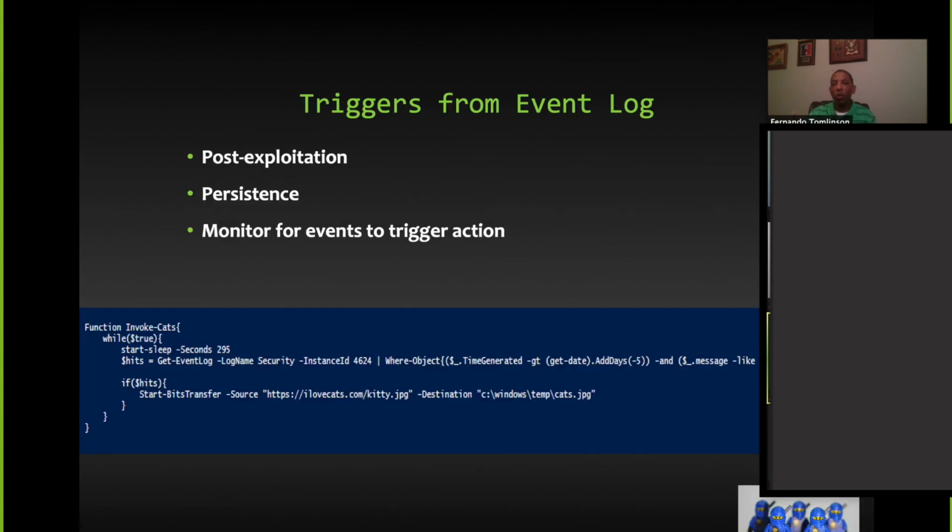All right, so a method for us to do this is we can look at triggers based upon the event log. And this is post-exploitation, meaning I already have access to the machine, and we can almost look at this as persistence. So I have something that's monitoring, and every 295 seconds, so almost every 5 minutes, I'm going to read the event logs, looking for a logon ID, and I'm looking for where the logon ID was in the last 5 days, and it was a user of administrator.